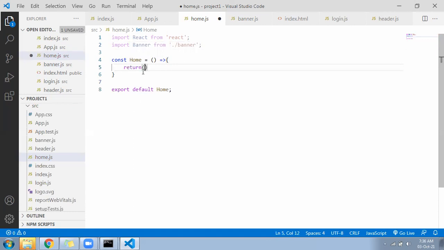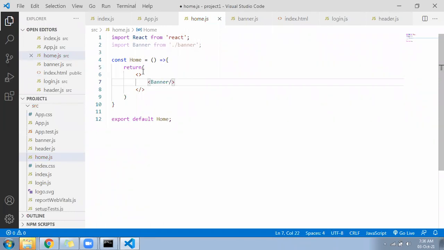Under the return, use an empty tag, and under the empty tag we will call the banner. We can write here home is working. Below, the banner will come.